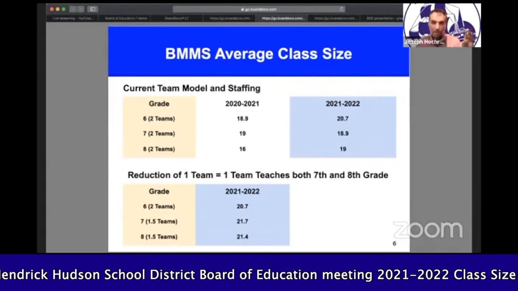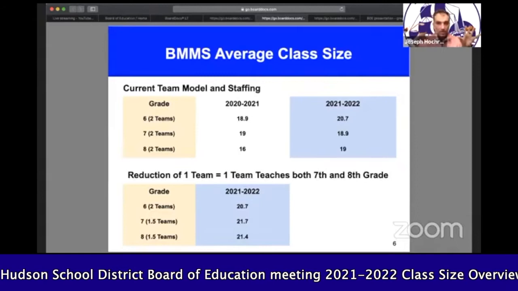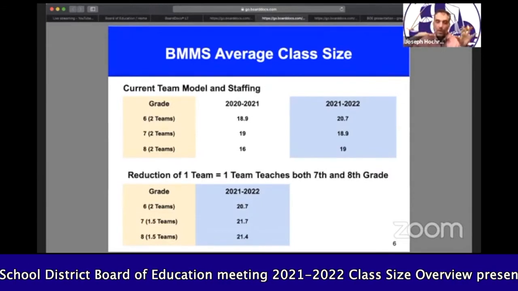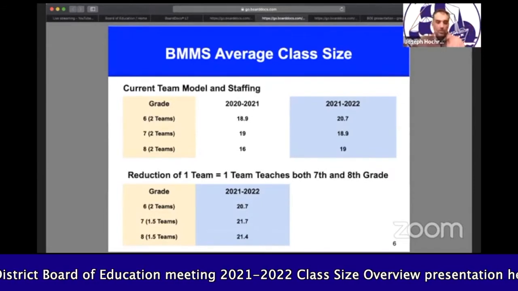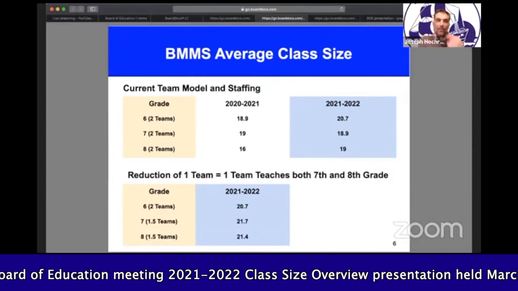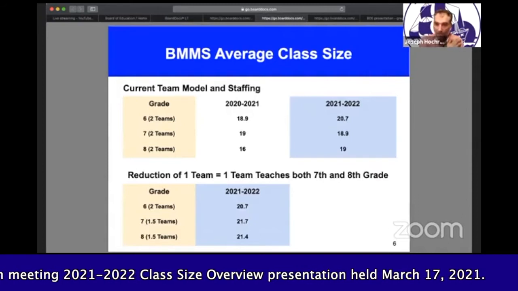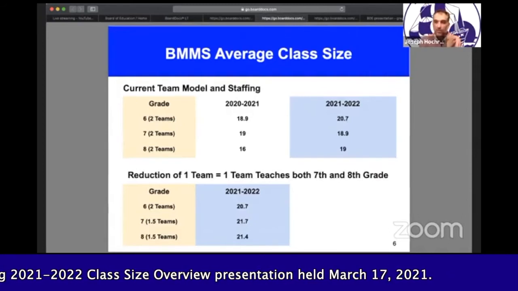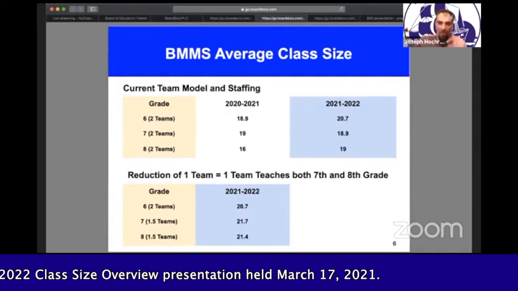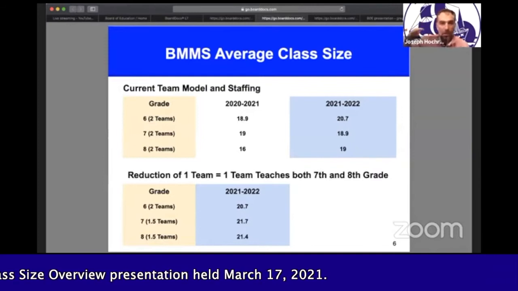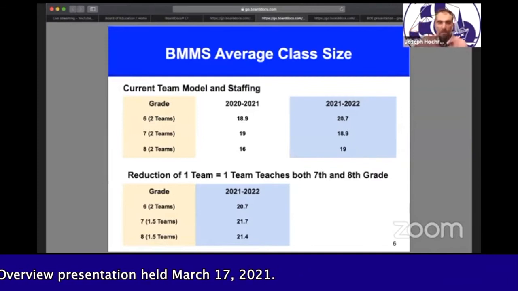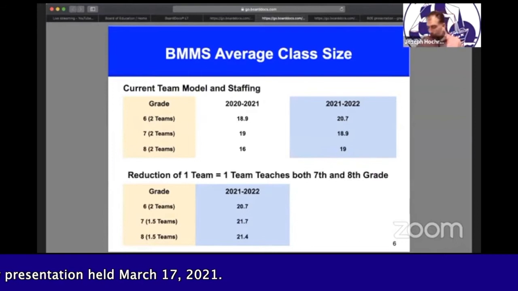Most of them are K-5 positions, but other positions are K through 12. So in the Princeton plan, if you recall, we would reduce a music teacher. That would not necessarily mean an elementary music teacher. It would be the least senior music teacher in the district because their seniority is accrued from K to 12. All right, so that's a very important distinction that we wanted to articulate.